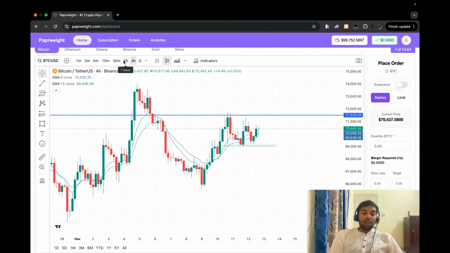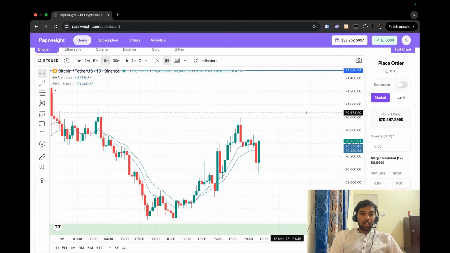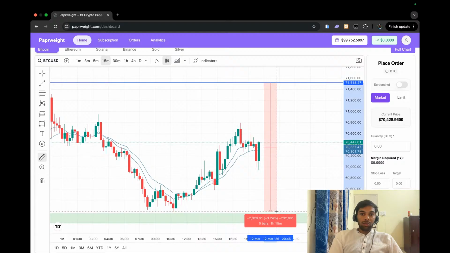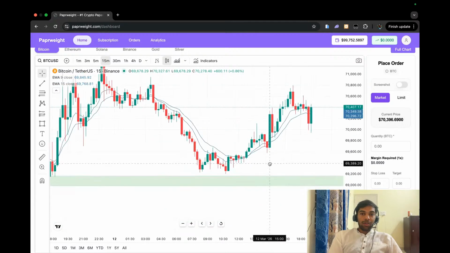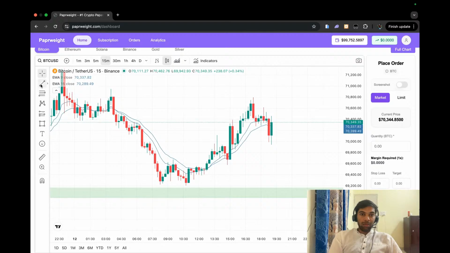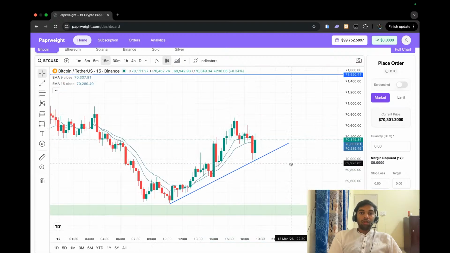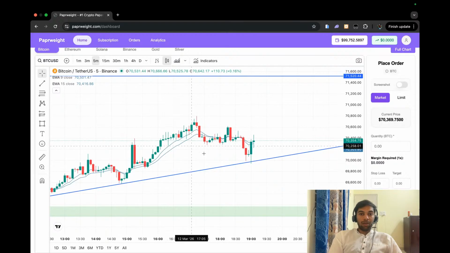So it's quite hard to find a trade in Bitcoin today, but we will try our best to find one. This zone in itself is 2300, 2400, something like that. What I can see at the shorter time frame is the market taking support from here and trying to go up and touch this selling zone again. This is what the market is showing us in the shorter time frame.